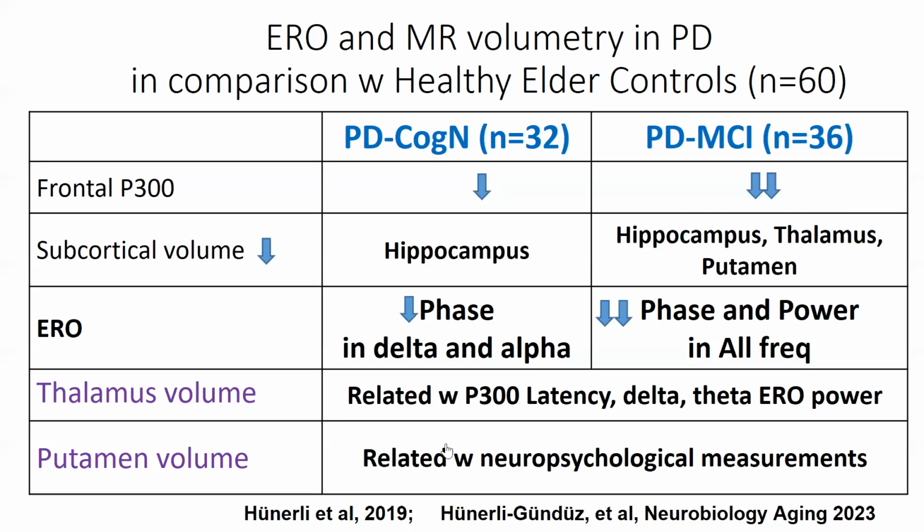What's more, thalamus volume is related with P300 latency and delta and theta power, whereas putamen volume is associated with neuropsych measurements. So thalamus has this critical role, as stated by this very nice review,